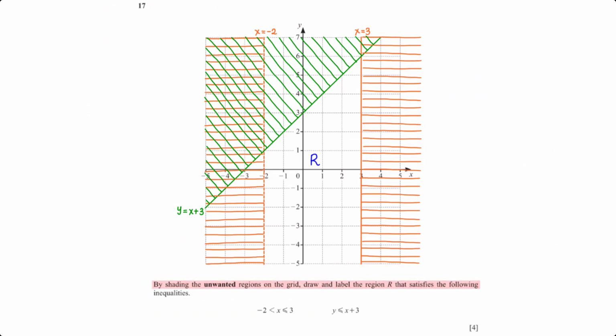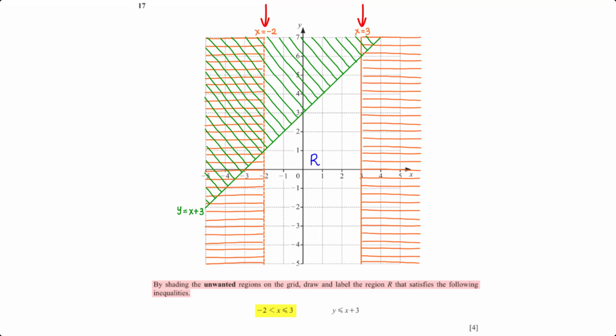By shading the unwanted regions on the grid, draw and label the region R that satisfies the following inequalities. For the first inequality, we need to draw the line x equals -2, which would be a broken line because there is no equal sign attached to the less than symbol. Then we also need to draw the line x equals 3. From the inequality, we see that the region between the two lines is wanted, and so we shade the region